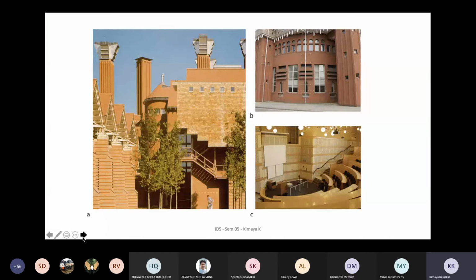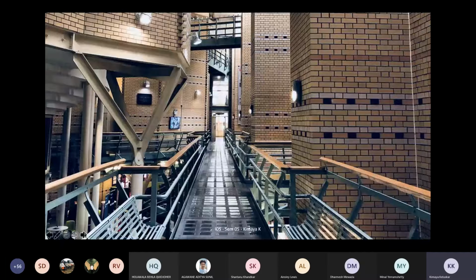It is also listed as a Grade 2 building in the UK, and these are more images of it. There is a lot of brick that they have used. There are a lot of additions which have been done, because of which they were only left with adding more openings at the seating areas. They couldn't do it on the other side because of other corridors added as an addition to the building. For example, this is one of the corridors. So even if they had a potential orientation for air to get into the auditoriums, they couldn't, because these corridors were acting as a hindrance.